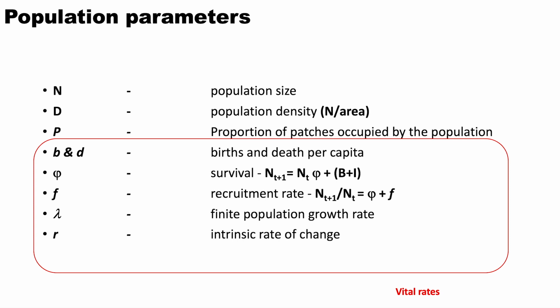And there are some other factors which we are not covering during this course, which also make state variables like density and abundance not very good at conveying how the population is doing in some instances. So the endeavor should always be to get at vital rates, but because it takes a lot of time and effort, it's not easy to do, and particularly in our country, we don't have this kind of data for most species. There is one major gap when we study bird populations, particularly in India.